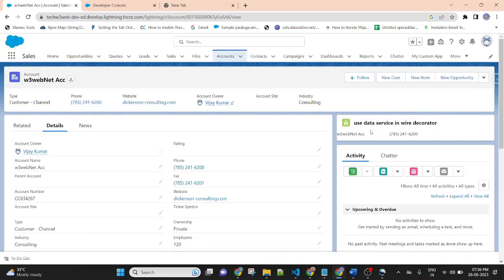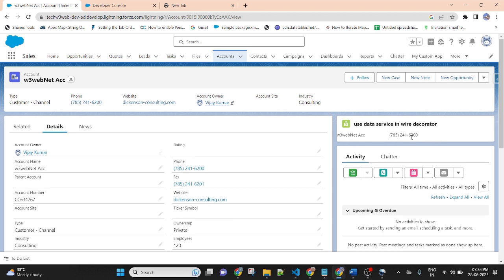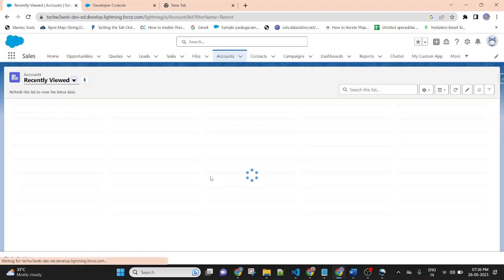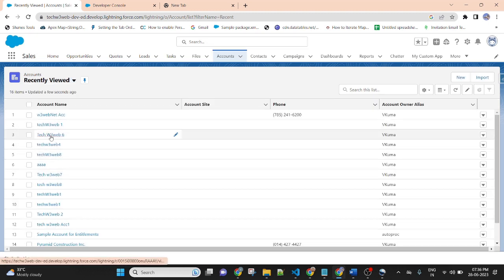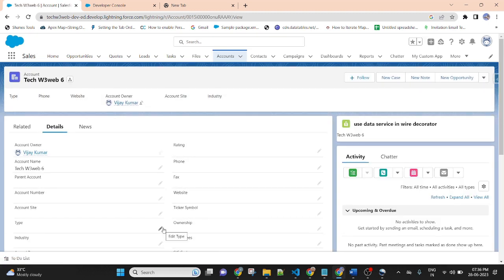As you can see, the name and phone are displayed in the component. So the name is the w3wave.net account. So the name is this, and the phone number is this. Now opening another account. Suppose I am opening this one, Tech w3wave.